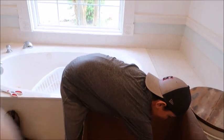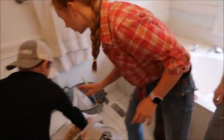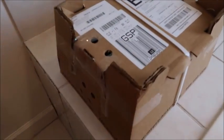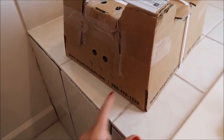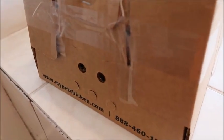Yeah. So this is Eli. Eli has experienced this with my mother-in-law. Olivia has experienced this. Me and Elliot, my husband and my oldest daughter, how much she will participate, I don't know. But this will be our first experience. So let's just walk over here. This is how our little baby chicks have arrived, you guys, in this box. And it just absolutely amazes me that they are able to ship live birds. And so if we get real quiet,